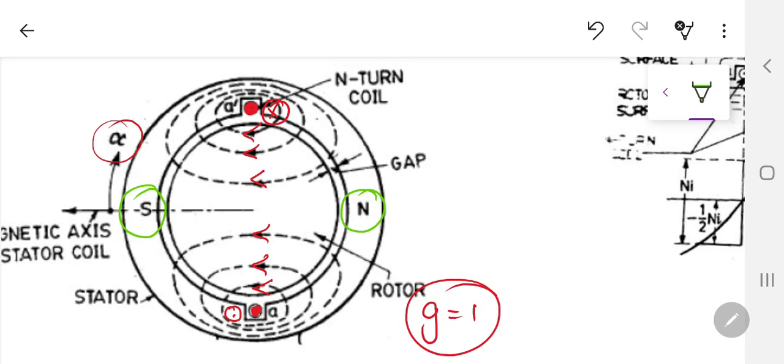And this is certainly going to move with a speed N_s because of the three-phase supply, and when the A phase diminishes, the B and C phase are going to change. So certainly there is going to be revolving. But our question at present is not whether it is revolving or not. Yes, certainly we know because of the three phase it's going to revolve, but because of this single slot per pole, which is G equal to 1, what is going to happen?